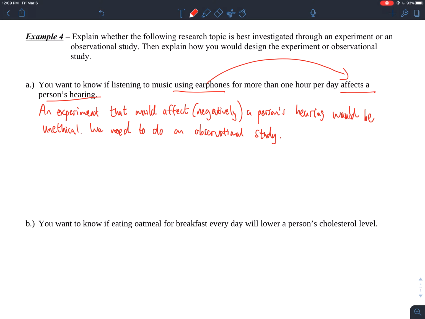Okay, comparison is still good, so I can say recruit individuals who already listen to music, individuals who already listen to music using earphones,